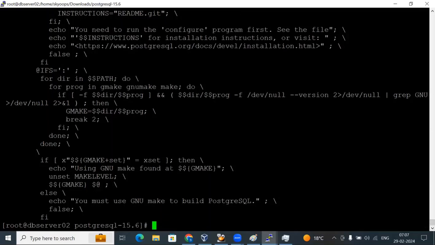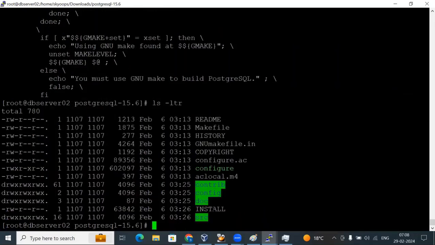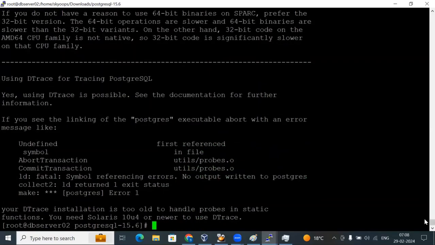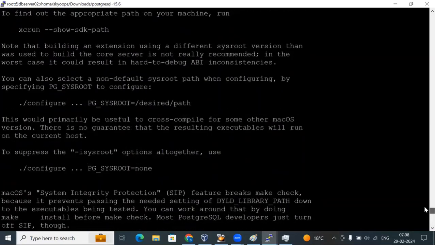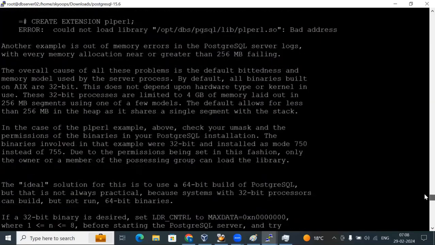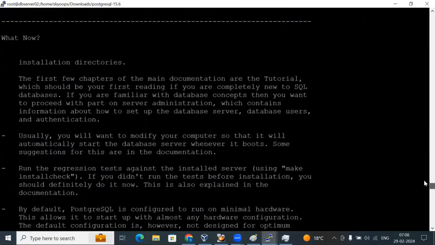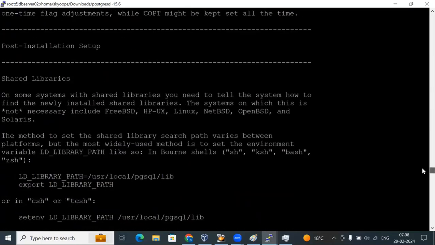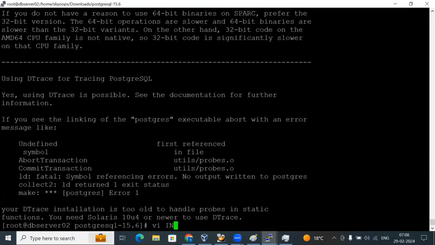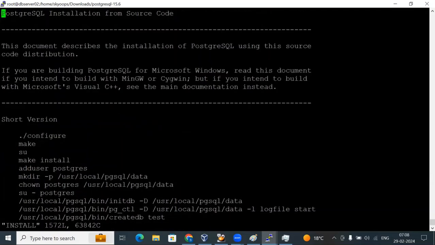And also you could see here make, okay? They have used make to compile all these things. Okay, so that we will do, don't worry. Now we have a file called install. Okay, you can treat this file as a readme file. So this install file will have all instructions how to install your binaries. Okay, if you go here, or even let me do VA. So this is the